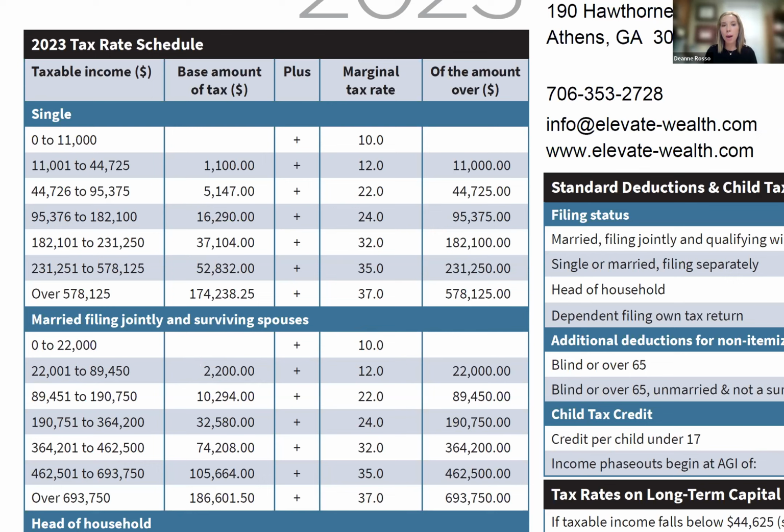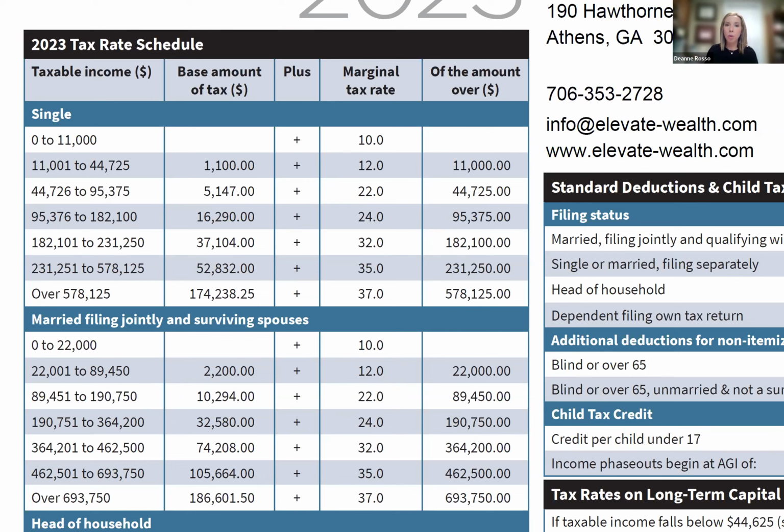When we talk about the marginal tax rate, we're talking about the tax rate that you pay on the last dollar earned. So, for example, if you made let's call it $100,000, and you fall into the 22% bracket, then at $100,001, that $1 is taxed at the federal level at 22%, whereas all the dollars below it are taxed at 10 or 12%.